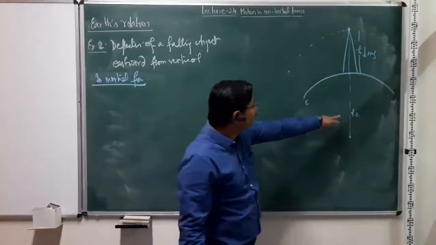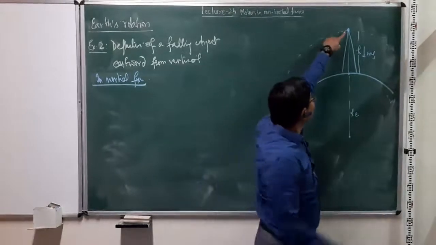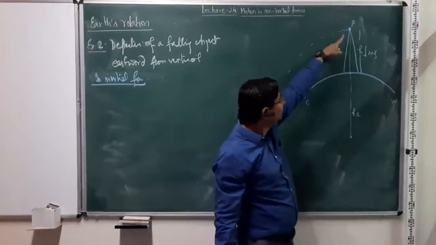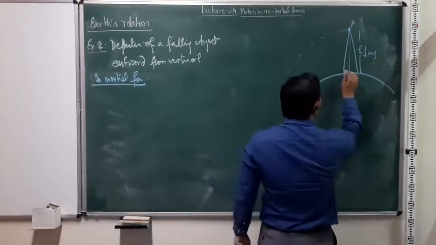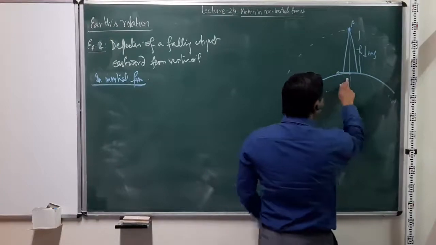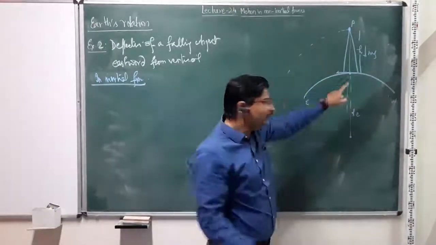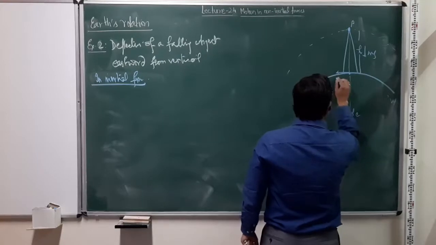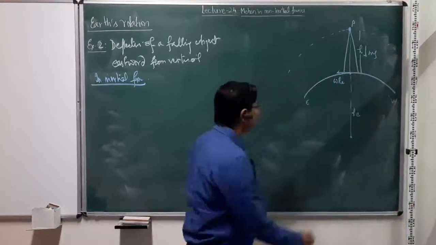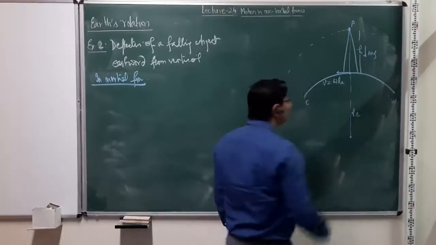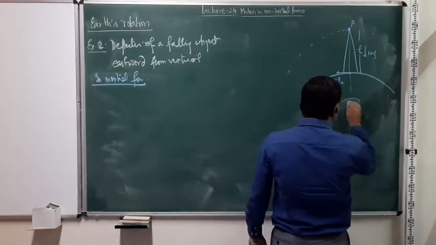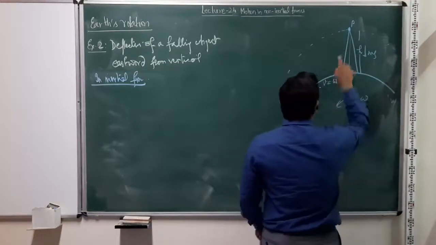So for an inertial observer, while the particle P or object P is kept at this height, what he sees is that at any instant, this point on the surface of the Earth has a tangential velocity which is nothing but omega r_e. It's moving with this tangential velocity, omega r_e, right? Omega is the Earth's rotation speed.